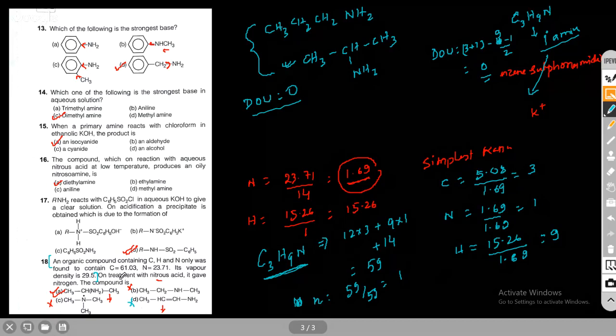So if you do not know this, you cannot do this question. That's the one simple thing. You should know that the compound should be a primary amine. Anyways, like this, there are two different ways you can do it. But since it is an objective question, you directly know that it is a primary amine, so either A or D is correct. Then you check the molecular formula and you can do this. Okay, option A is correct. Simple one. Next,